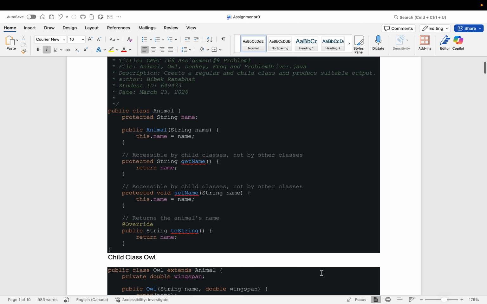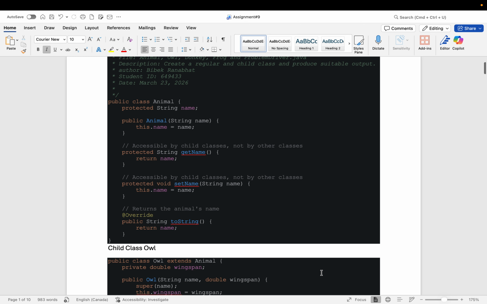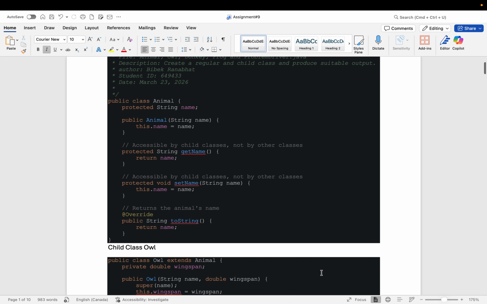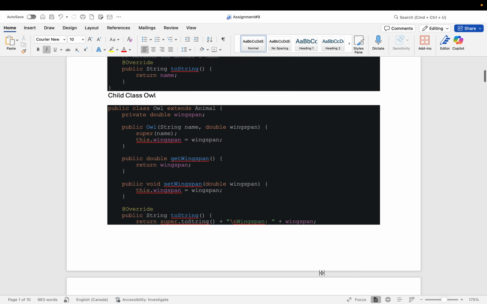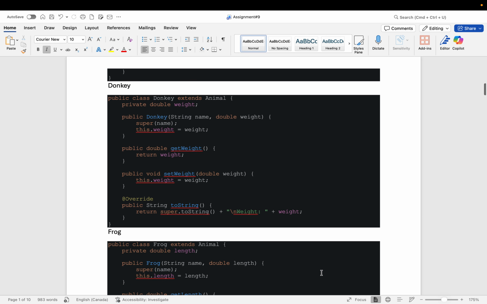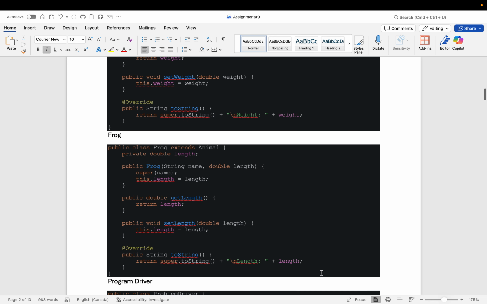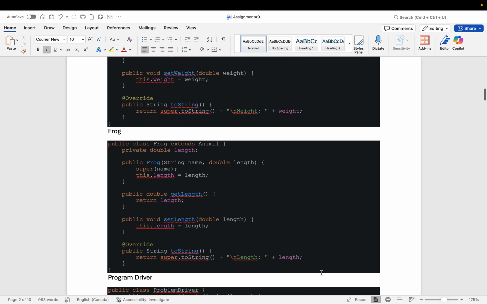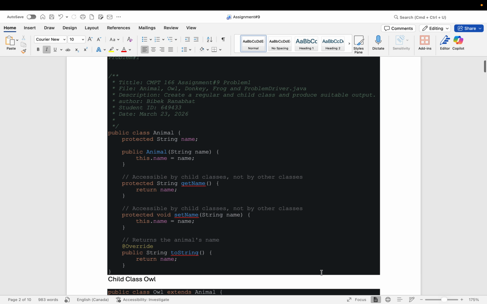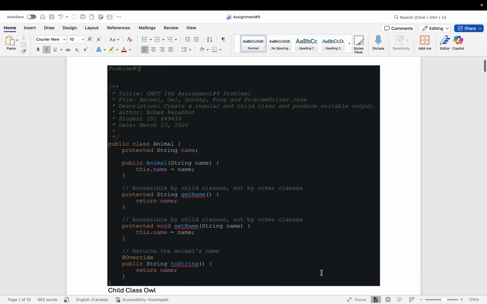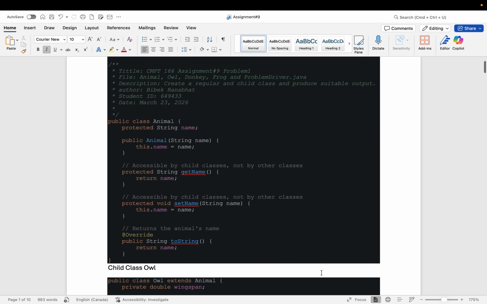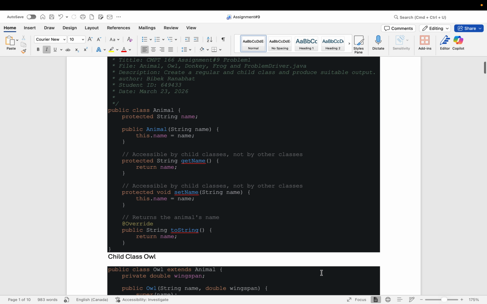First, I created a base class called Animal, which contains a protected variable called name. I used protected access so that it is accessible to child classes like Owl, Donkey, and Frog, but not to unrelated classes. The Animal class also includes a constructor, getter and setter methods, and a toString method that returns